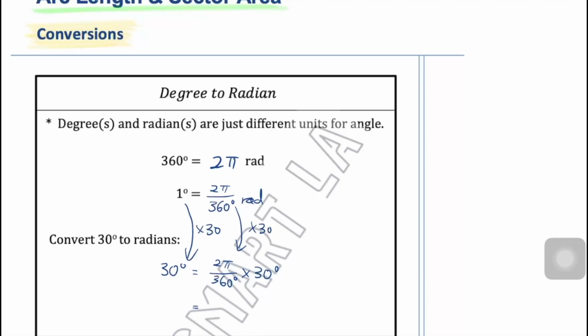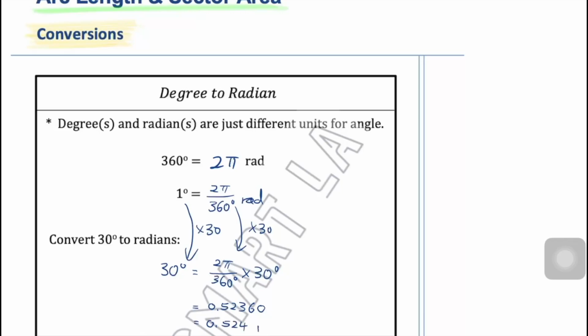And this is what I'll get. 0.523. Let's say I do 5 SF first, right? So I keep a bit more significant figures. And the reason for that is because usually after you do the conversion, the idea is that you will need to use it, right? So if it's the final answer, I will keep it as 3SF, so